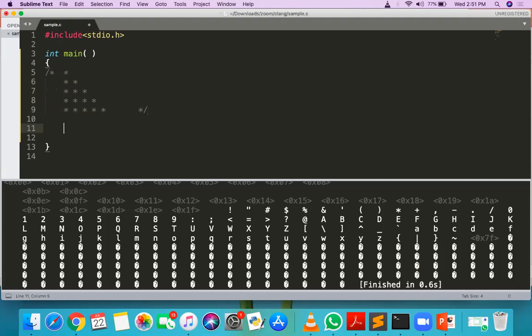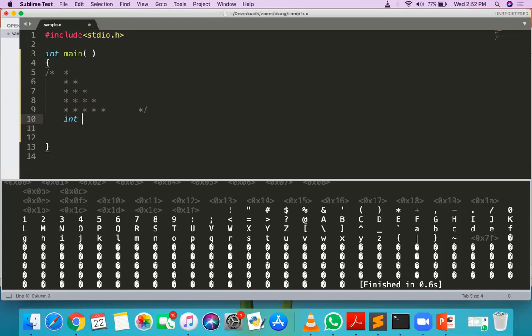Now these types of patterns are very important for your MNCs. Every MNC, like TCS, also asks for this type of output in their assignments. So how to get it? Very simple. We have to use a nested loop. First loop will handle the line numbers. How many lines are there? 1 2 3 4 5.